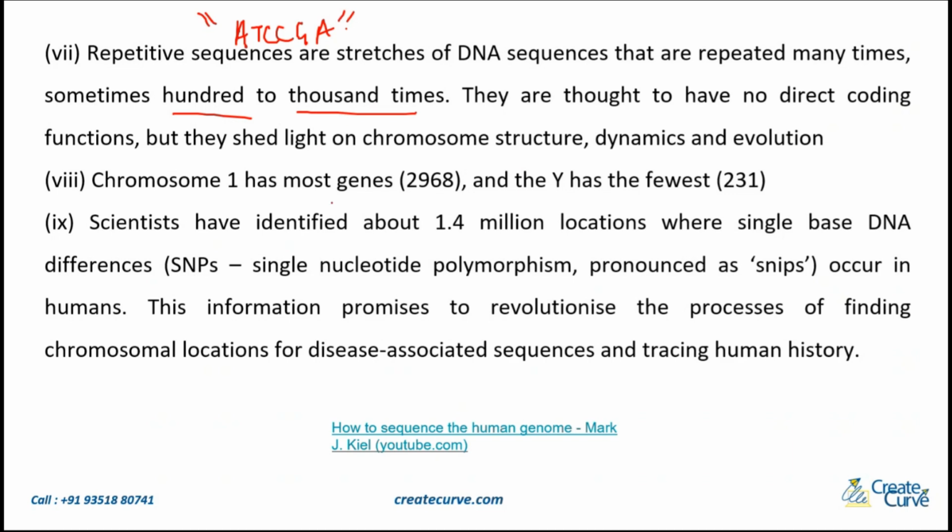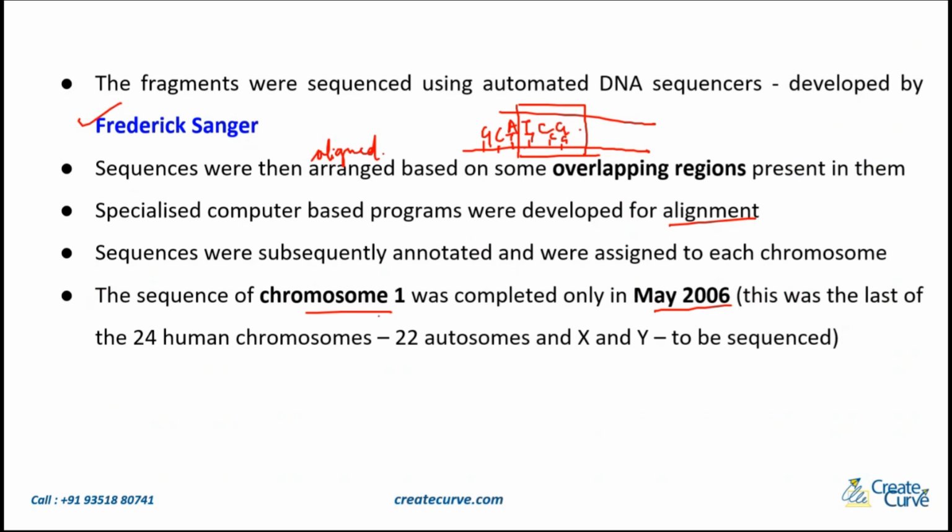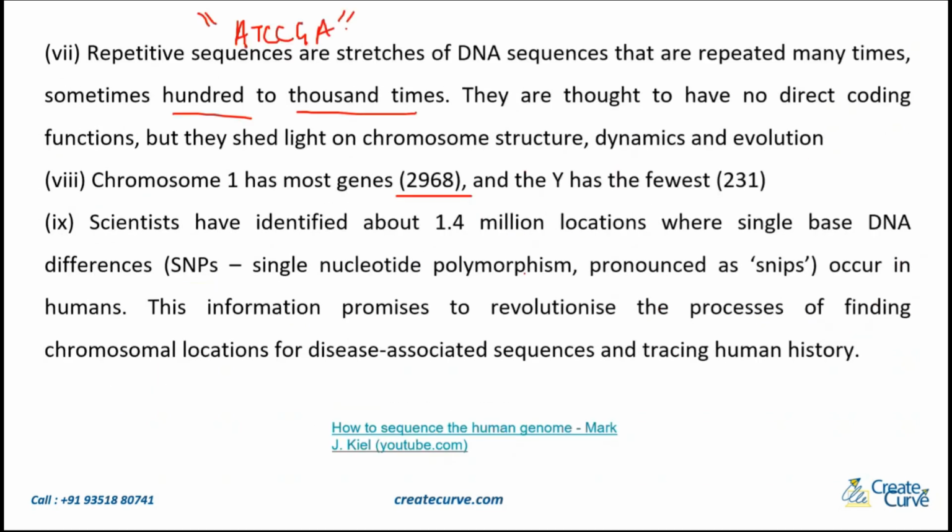Now, chromosome 1 has the most number of genes. It has 2968 genes. I've already told you chromosome 1 took the longest time and was the last chromosome to be sequenced. That is because it has the most number of genes, 2968 genes. And Y has the fewest. Y is nothing but the sex chromosome, X and Y, of which Y has the fewest number of genes,